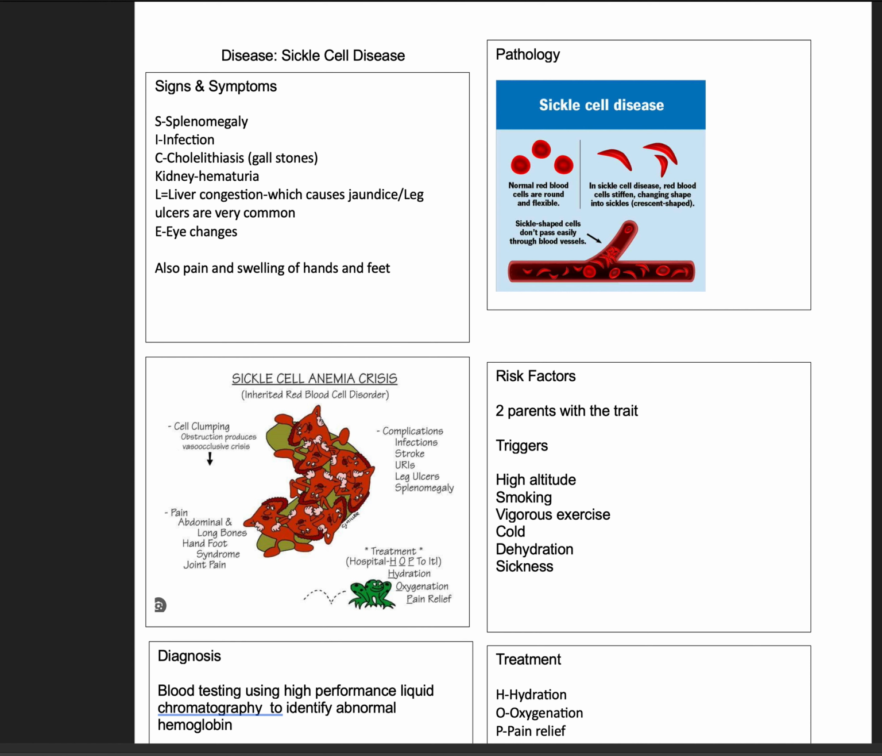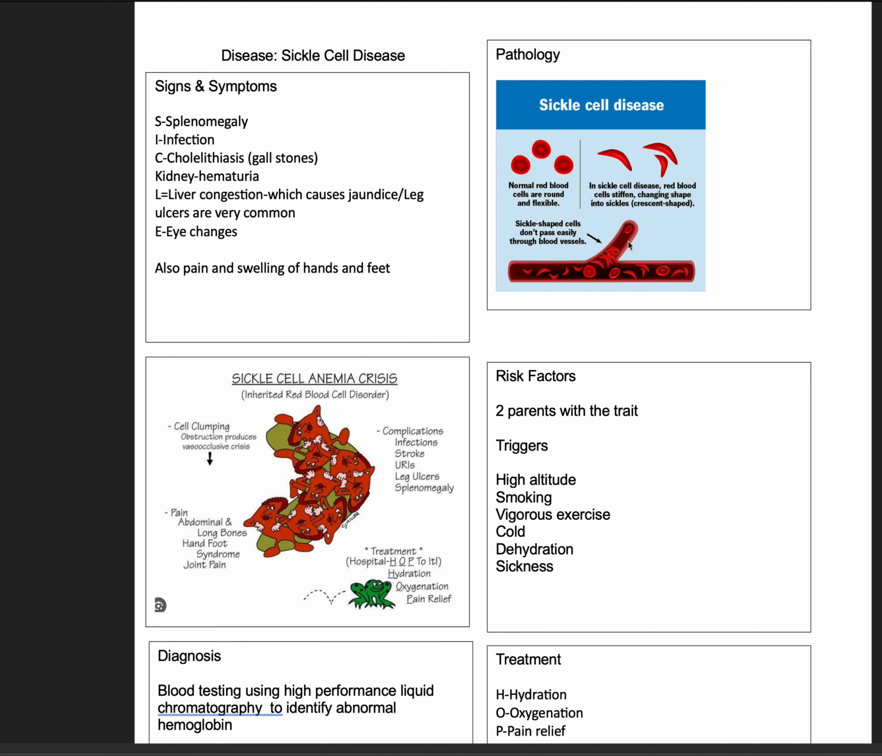It's called hemoglobin S, and it makes their normal red blood cells go to pathology and turn into a sickle shape. Okay, so when the cells are in a sickle shape, they can clog up the blood vessels. They don't pass easily through the blood vessels, so it's called vaso-occlusion when these clumps get together and